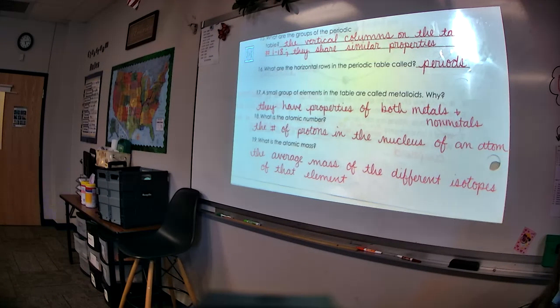Number 20. How are the symbols of the elements made up? How do we get the symbols for the elements? What do you think, Edgar? Okay, so for example, the symbol for oxygen is capital O. Where does that come from? Why is it capital O and not capital M? Because the name starts with an O in English, right? But does it always come from the English name? Sometimes it comes from the